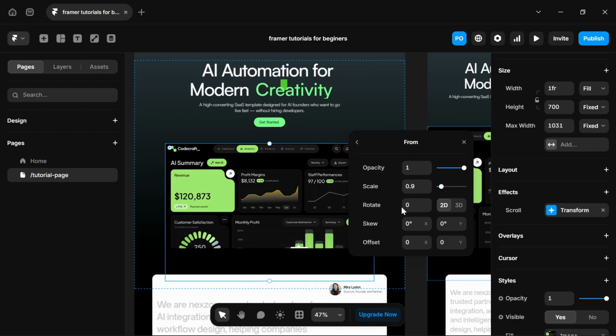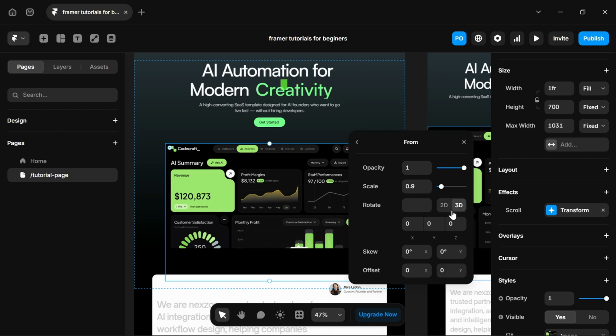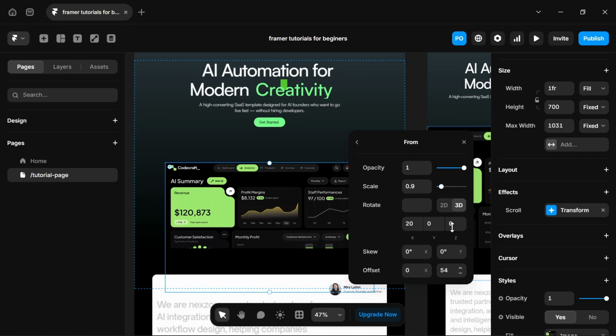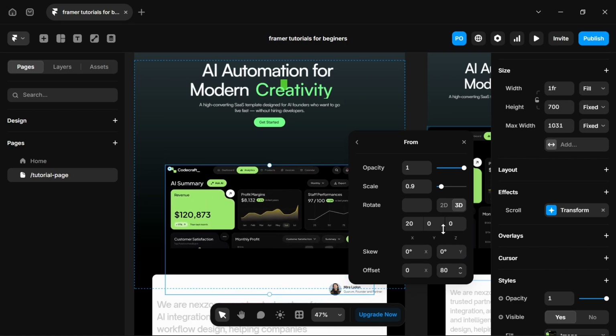We want it to tilt backward when layering in view. So for the rotate, it's going to be not 2D but 3D. Increase the value here to 20, and for the offset, let's keep it around 80 pixels. Explaining this effect, when this frame is coming into the layer of the hero section, it will tilt backwards 20 pixels and offset downward 80 pixels. So it's going to come from the bottom of the frame, 80 pixels to the top,